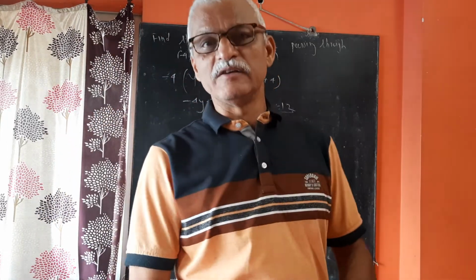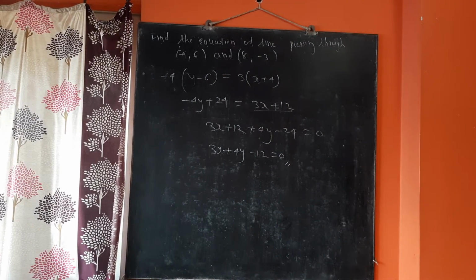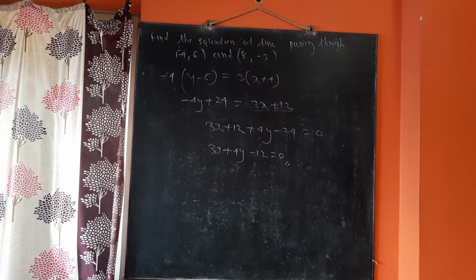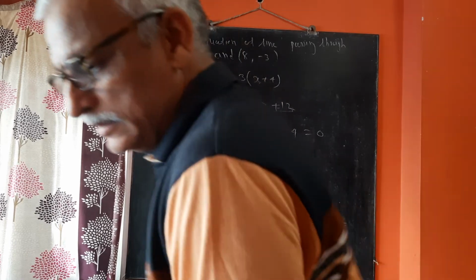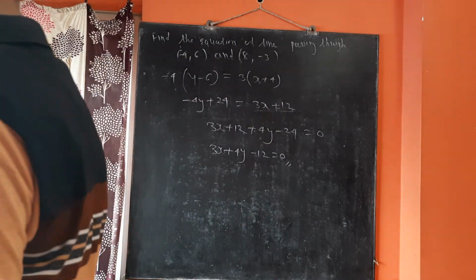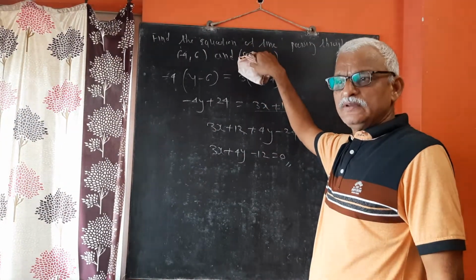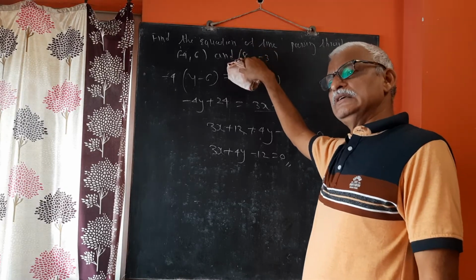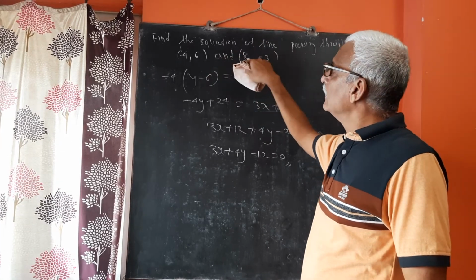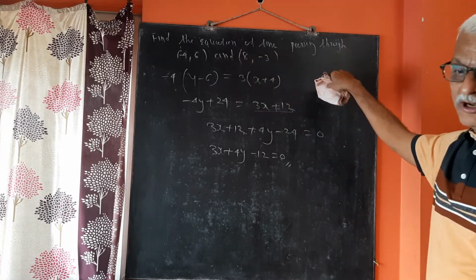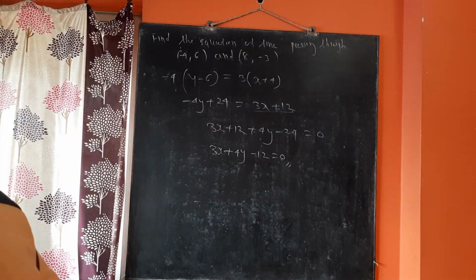That is the required equation for the line passing through the two points x1 y1 and x2 y2. So we are on the problems on the general equation of line. We have seen the problems on slope point form. We have also seen the problem on the two-point form. Now let us solve the problem on two-intercept form.